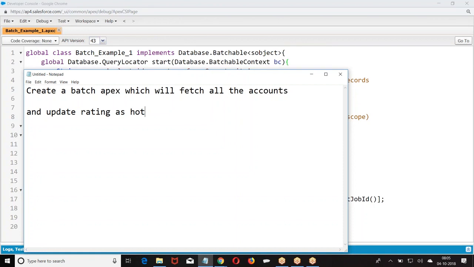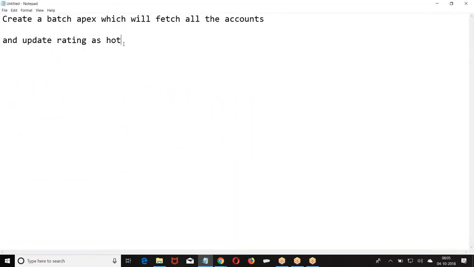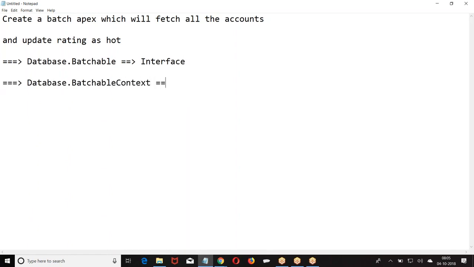Is there any interface other than the BatchableContext interface in a batch apex class, or do we have more? See, these are the two interfaces: Database.Batchable and Database.BatchableContext.